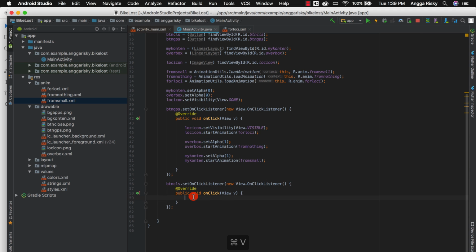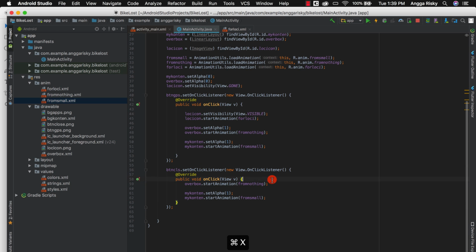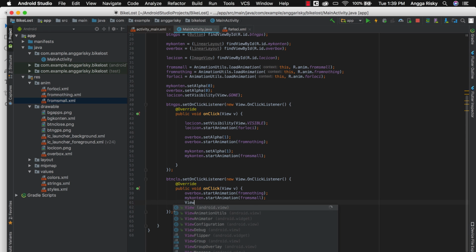We copy here, and then first we have to go back here. Sorry, I'm going to remove it like this. Okay, and then here you're going to use the ViewCompat.